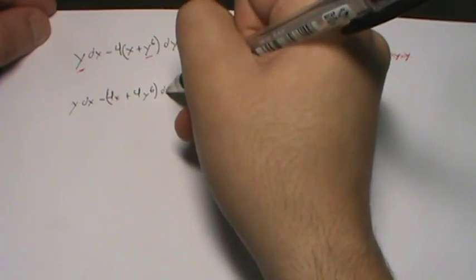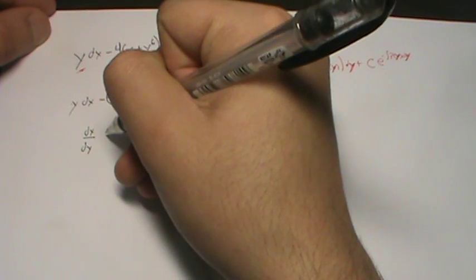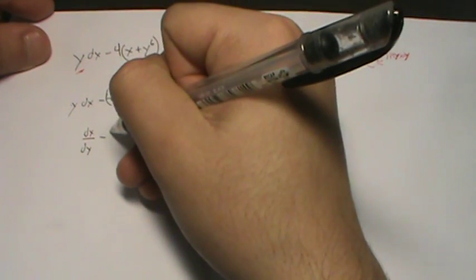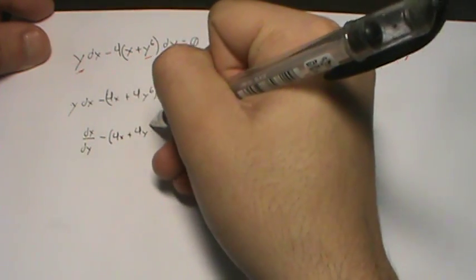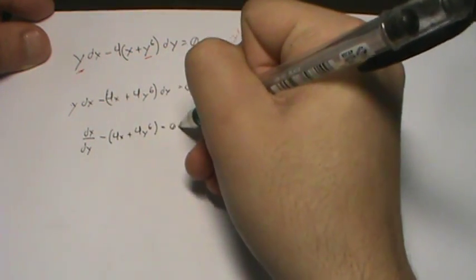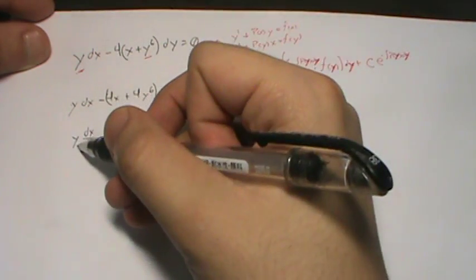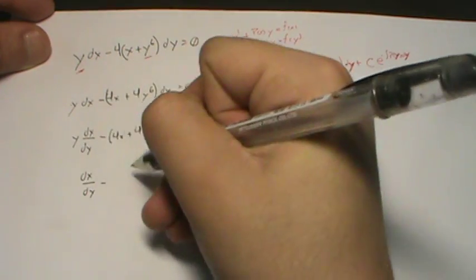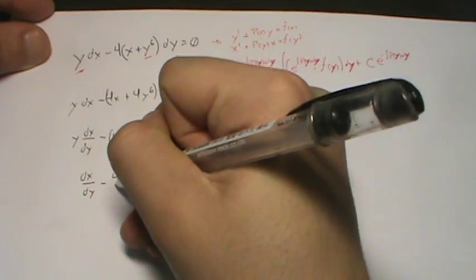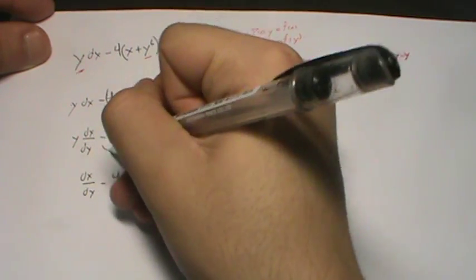Now we divide by dy, so we have dx over dy minus 4 of x plus 4 of y sixth equals 0. We also have a y in here. And now we will divide this by y, so minus 4x over y